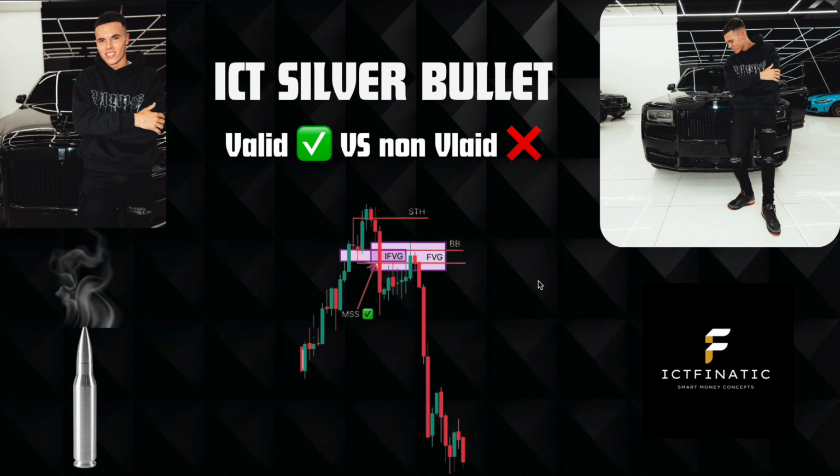Today we are discussing the difference between valid trades and non-valid trades. Now, it sounds very simple and something that everyone can grasp, but there are differences between a trade being valid, where we have a shift in market structure on both. Everything is aligned and everyone can see the model classed as the Silver Bullet or the 2022 model and the set of rules that I present to you guys on YouTube.